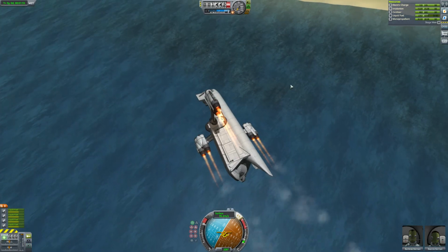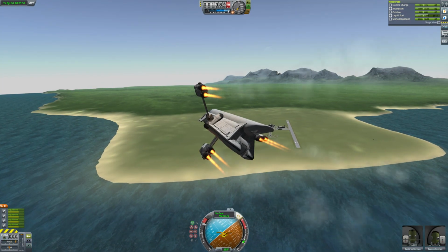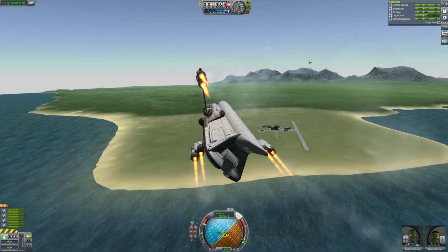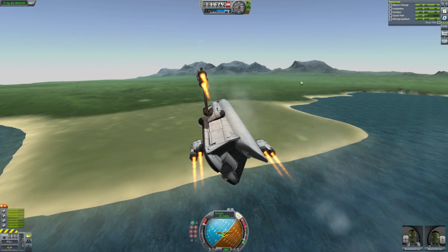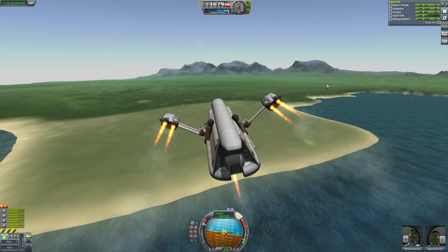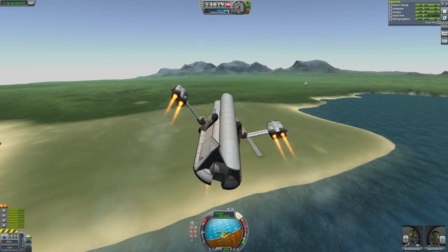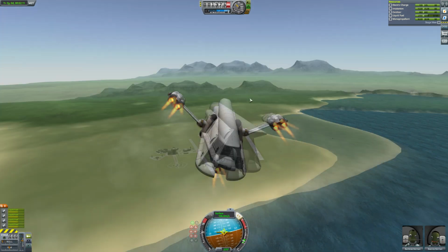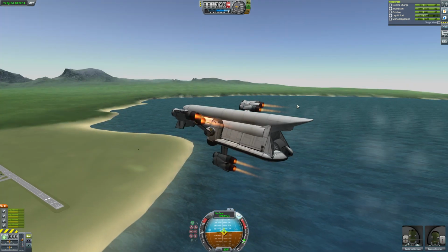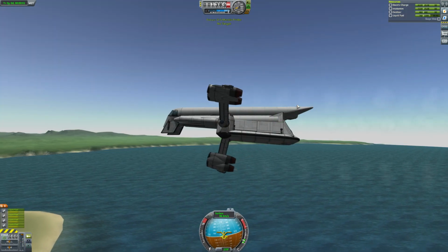So, let's get it moving in. I'm going to have to throttle back a bit. I'm going to quick save, just in case, so I don't have to do all the turning it again, because that's always difficult. And there's sirens going past my house, ruining my goddamn video. And okay, we're moving forwards, we're going to throttle down just a touch. It actually controls surprisingly well, considering how many wing surfaces there are on it. Anyway, and then we're going to press this button, we're going to switch craft, and we're going to...